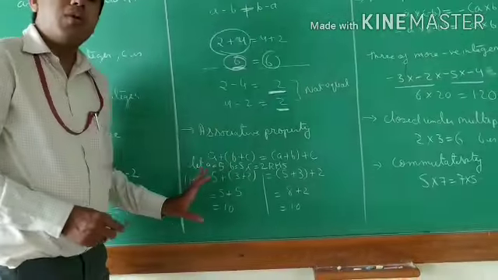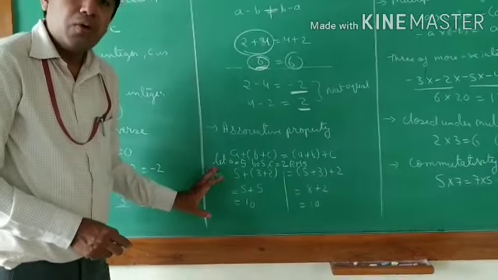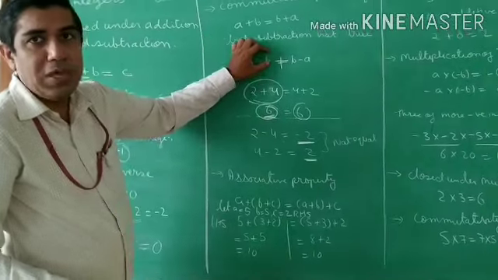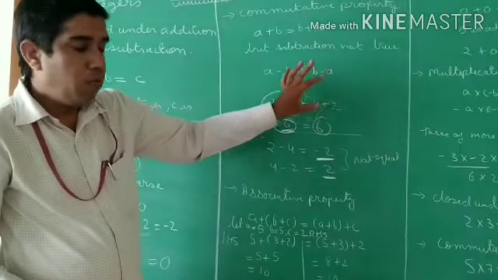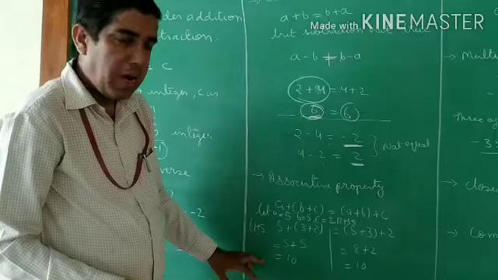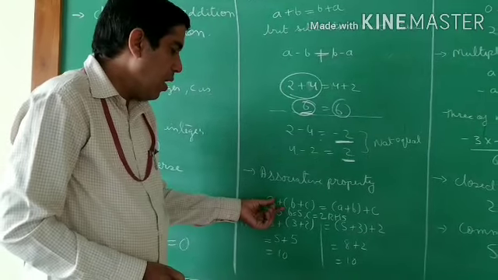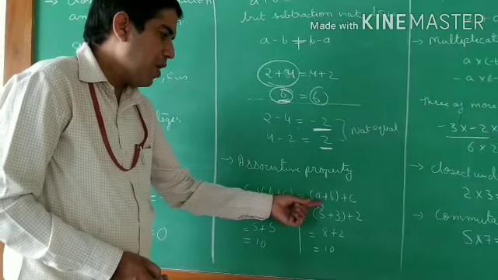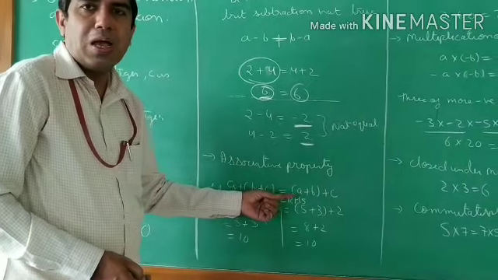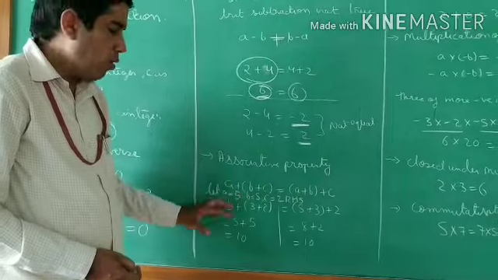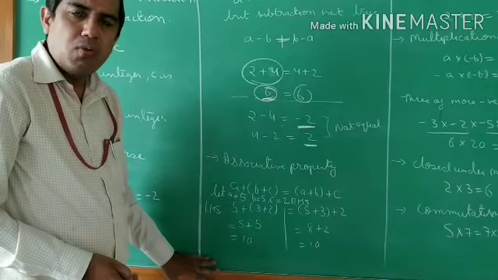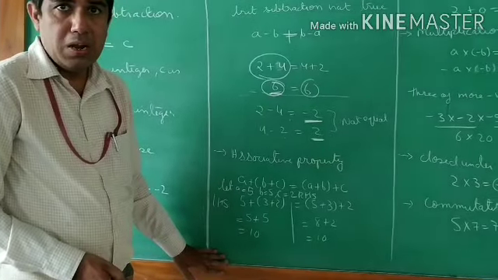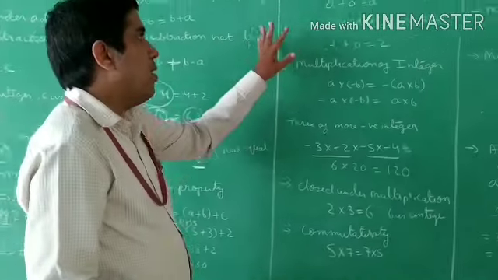Now I am not going to discuss the associative property of subtraction. Now the question comes here, why? Because already we know A minus B is not equal to B minus A, so we cannot check. Sometimes A minus B minus C comes here, and again it will not be satisfied, so better not to check. That is the reason we are not going to check, and it is not going to be true also. Understood?